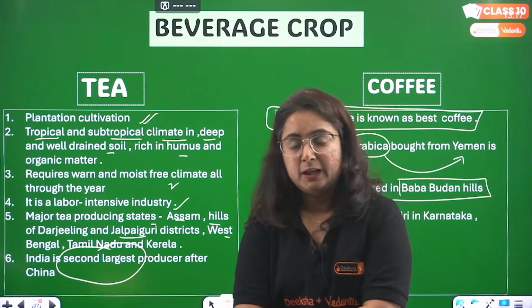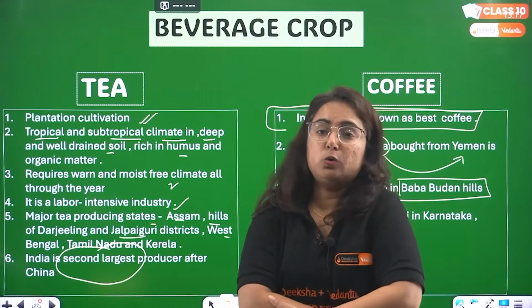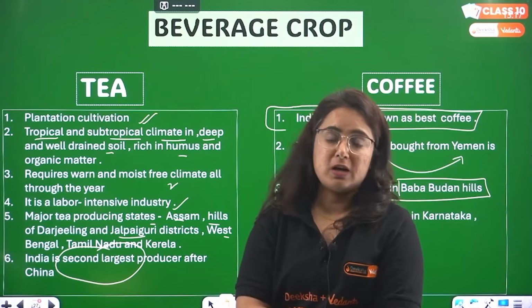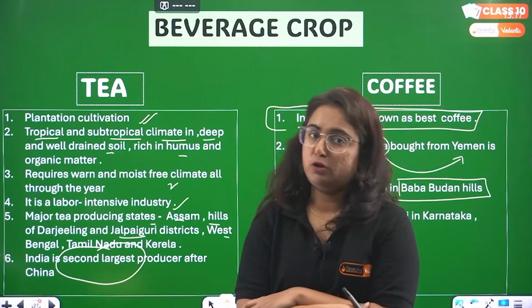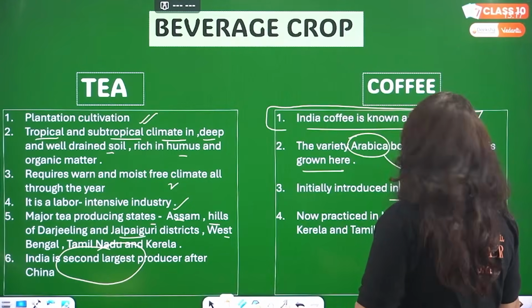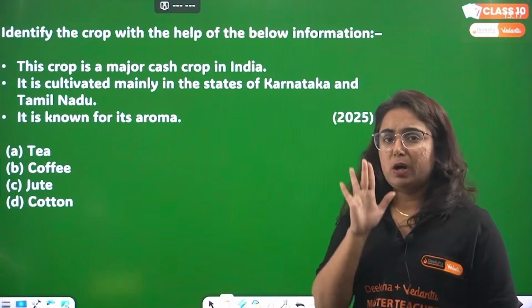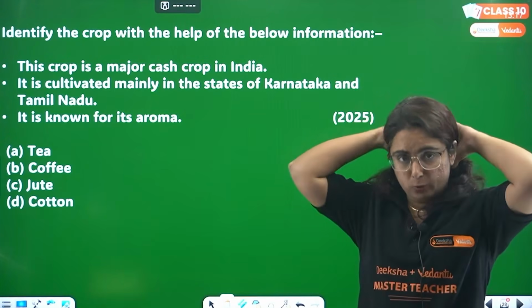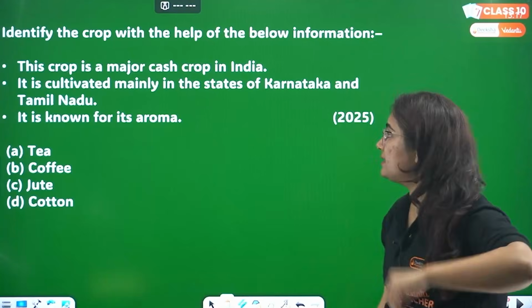Okay? Clear? So what we learned up till now? Two types of beverage crop. Before that, what we learned, beta? Sugarcane. This is a food crop but not grains. Okay? I hope everything is clear. Very good. And now I know you are feeling like a lot of things are done, beta. Ma'am, I am forgetting. Hold on, we will practice more questions.